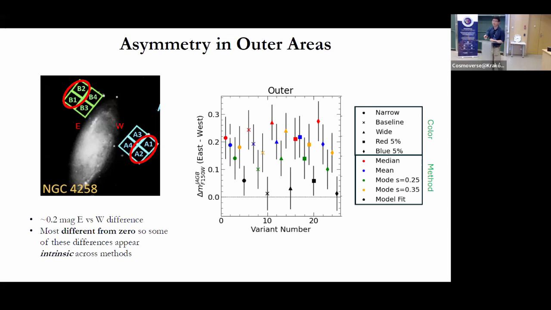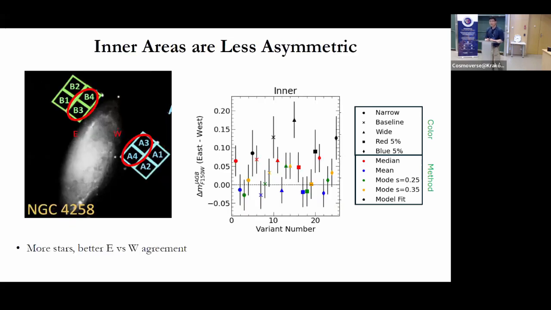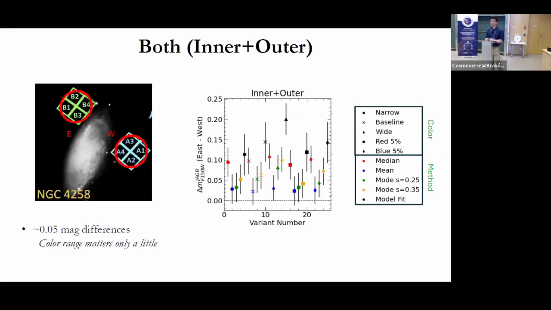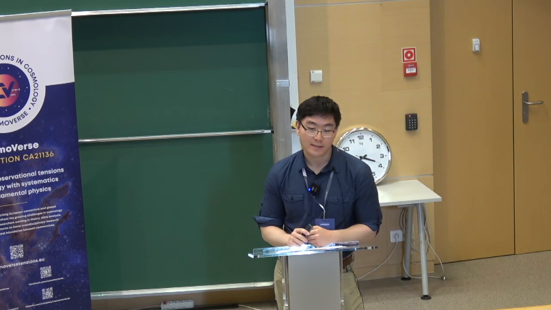good standard candle. Now, if we repeat this for the inner areas, in this case it's B3, B4 versus A3, A4, although we have more stars in this case, we do still see this non-zero difference. And finally, we took both outer modules. So we compared the entire B module and compared that to the entire A module. And even with the best handle of the number statistics, we do see non-zero differences. Because the differences are certainly much greater than their statistical uncertainties, this may suggest that something intrinsic might be